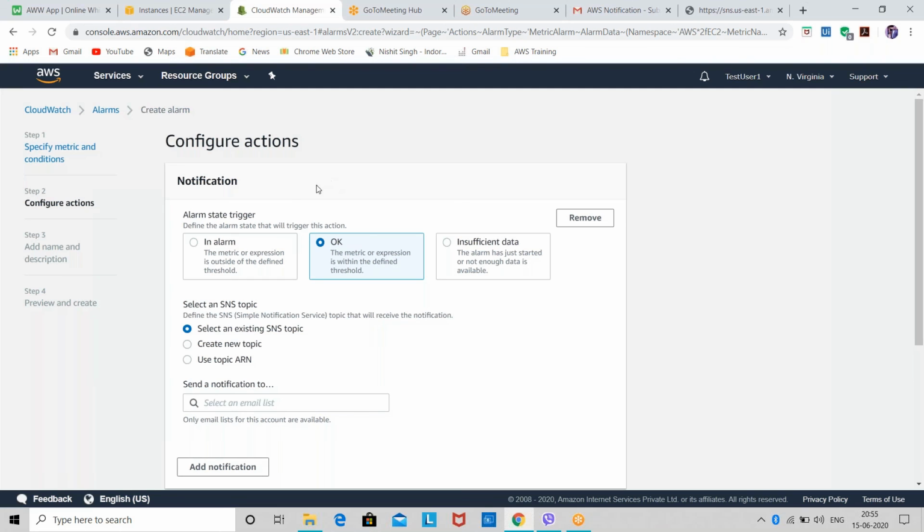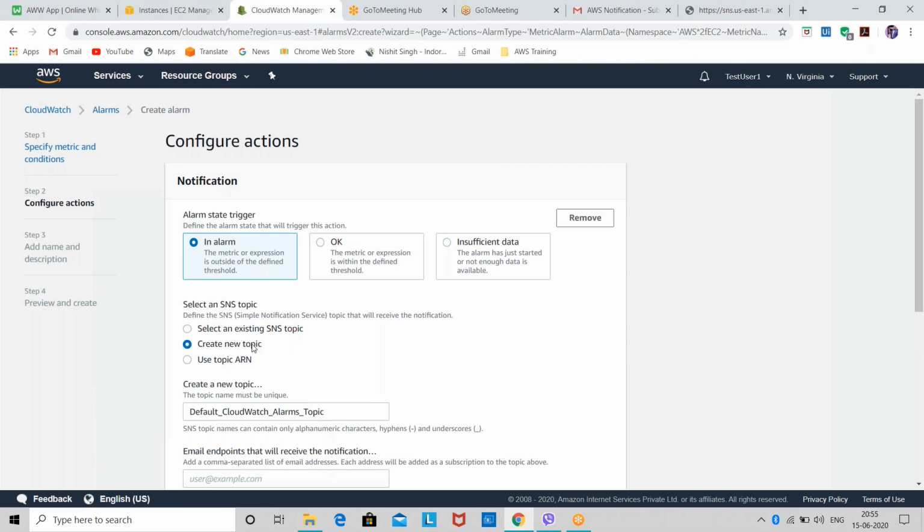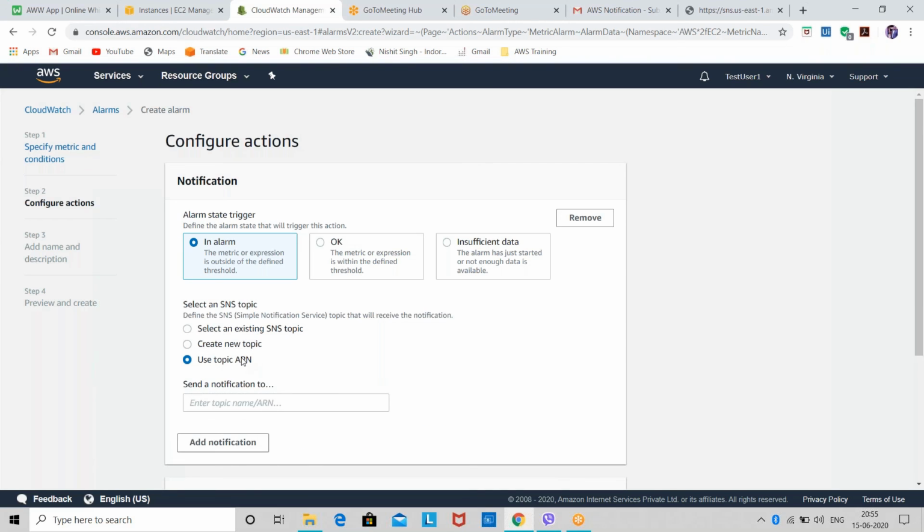They are asking me to select for what purpose I want the notification. Obviously I want the notification for the In alarm status, when my machine is unhealthy. So I'll select it. You can either select an already created SNS topic, create a new topic, or, if you have created the topic in other regions, use the ARN.